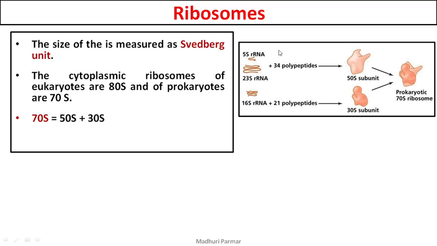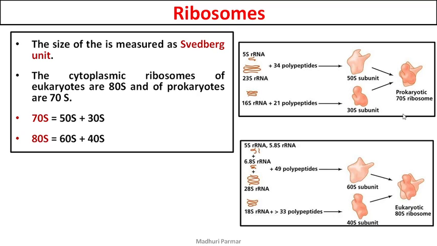The 50S subunit has 5S and 23S rRNA. Then your smaller subunit, the 30S subunit, has 16S rRNA and 21 polypeptides. Polypeptides are nothing but protein chains. So from this you can see why we call ribosomes ribonucleoproteins, because they have ribosomal RNA as well as proteins. This is how the 50S subunit and 30S subunit are made, and together they form a 70S prokaryotic